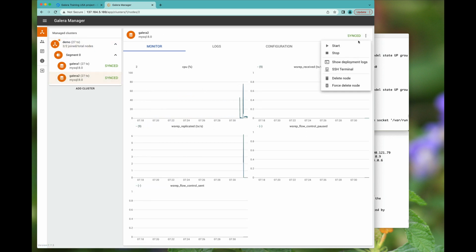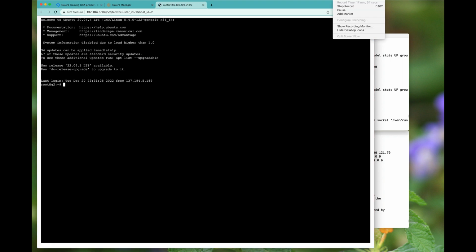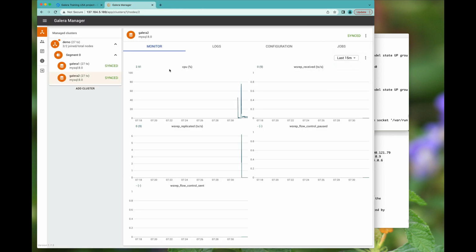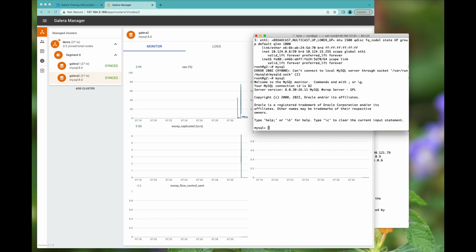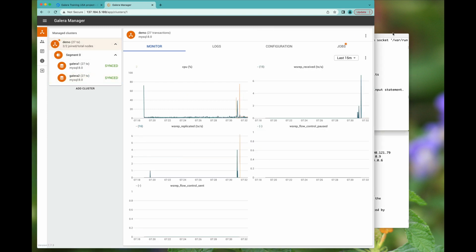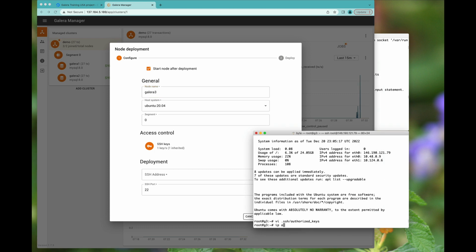And naturally, we can go to Galera 2, hit the SSH terminal, show databases. Of course, the demo database is there, so we don't need that any longer. And it's the same here, of course. So I've already created a 2-node Galera cluster. No surprises for figuring out that if I hit the add node button and I hit Galera 3 and I type IP address here,